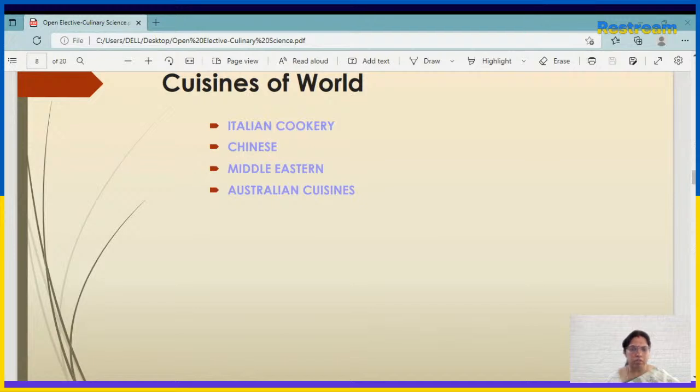Then pavlova, which claims to be the inventor of the famous dessert, and both Australians and New Zealanders like this. And meat pies, hand sized and filled with minced meat, and the gravy is prepared. Then barramundi, a large river fish, or it is grilled fish. Then Vegemite on toast.